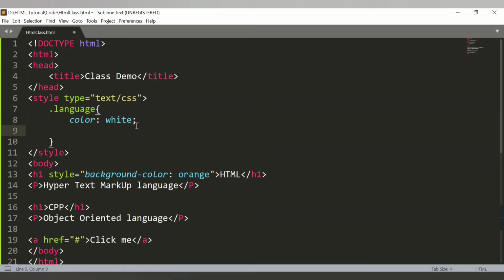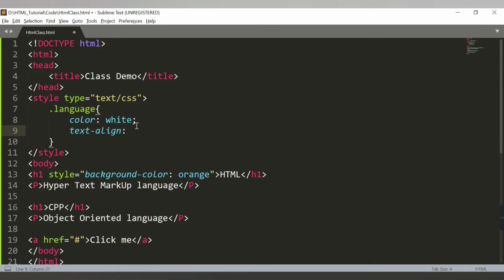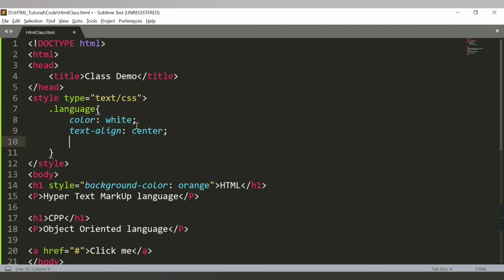I want another attribute, let's say text align, and it should be center. So my text will be in the center. And let's add one more, let's say background color, let's say green. Yeah, so this is one of the classes that I have provided here. So let me save it and run on browser.